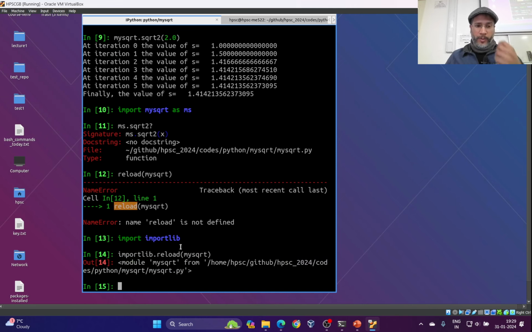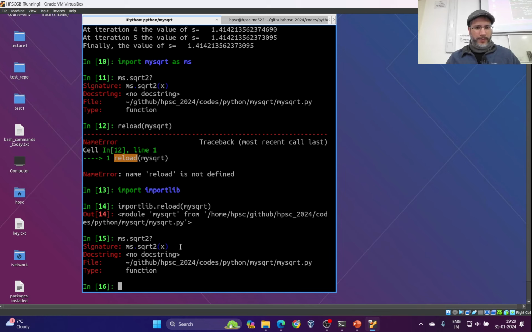Right. So there's a module called importlib. Basically I have to reload this file, which I do using the reload function available in the importlib library in Python. So now that I have reloaded it, if I do an ms.sqrt,